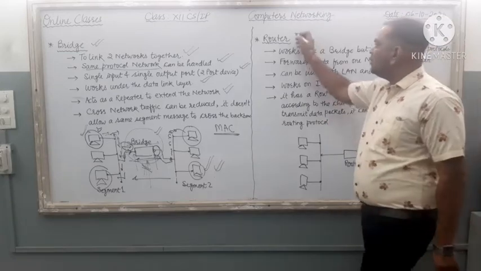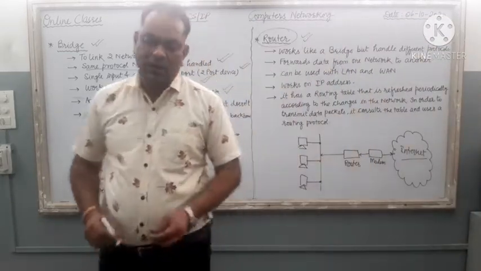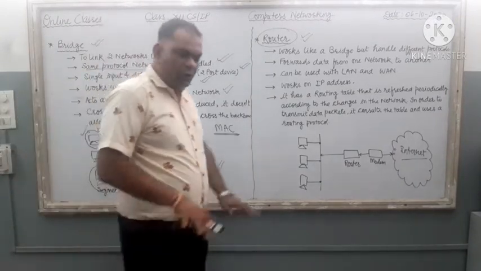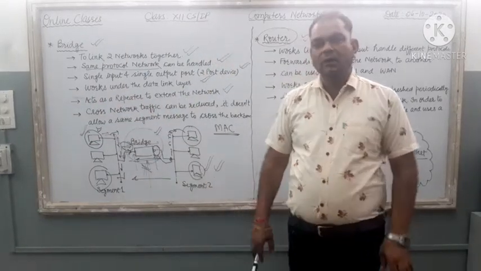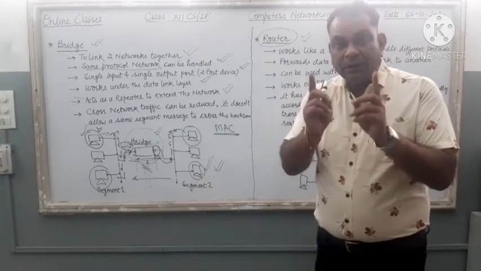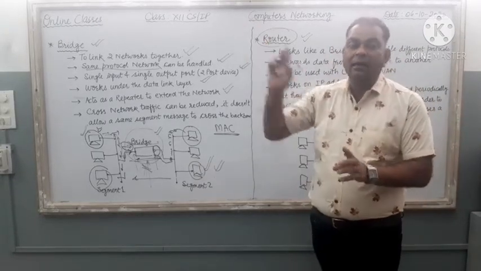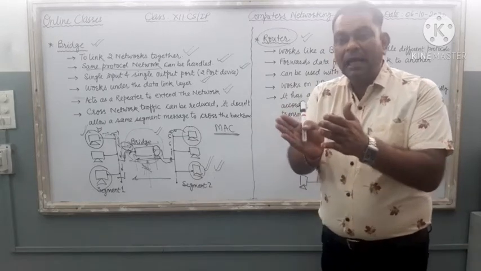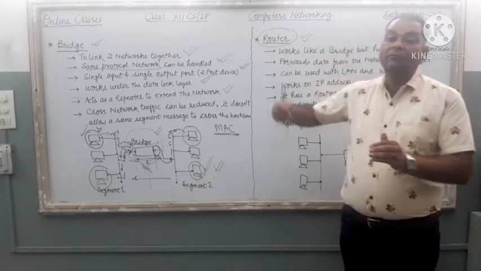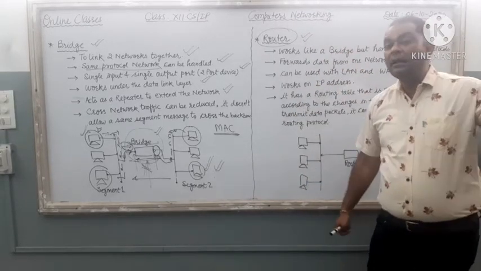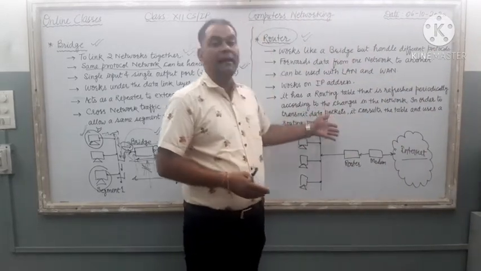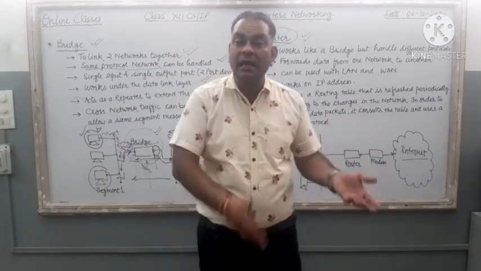So here it is bridge. Now come here. On the second part of the board, here is the router. What is the role of router? Suppose you established a network in this lab. Already you have established a network. Now if you want to connect your lab computers with the internet, here your lab is the example of a local area network, and you want to connect your local area network with the internet. Internet works on a different protocol. Your local area networking works on a different protocol. Two different protocols are here.